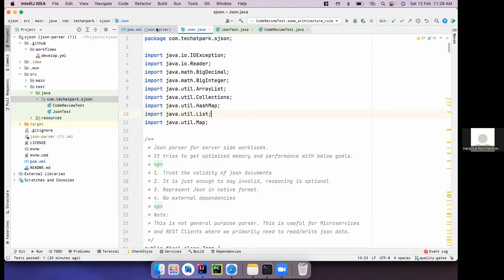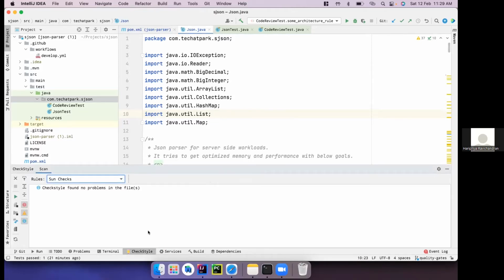So basically, Checkstyle will be checking the code against Sun checks by default, but it also has Google checks. We can do either way. Sorry, sir, for Google checks, what do we need to do? Yeah, this Checkstyle is the plugin which the IDE provides me, so I can just go and select whichever rule I need. If I want to check it against Sun checks, I can select Sun checks, and if I want to check it against Google checks, we can do it through Google checks. We can mention it in the pom.xml also.